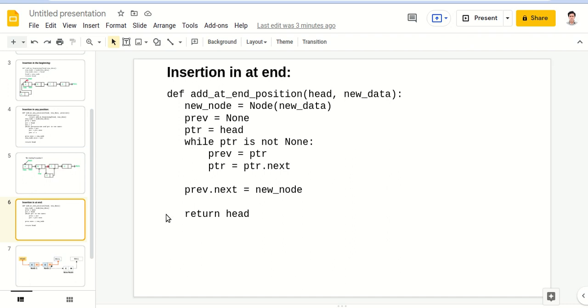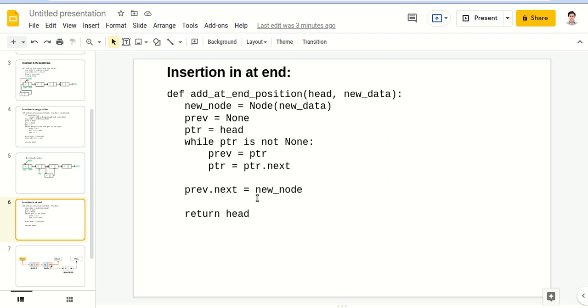So we can simply instantiate the new node, declare prev as none, ptr as head, then start iterating: prev will point to ptr, and ptr becomes the next value. We continue this loop until ptr reaches none, and once it reaches none, it will break out.